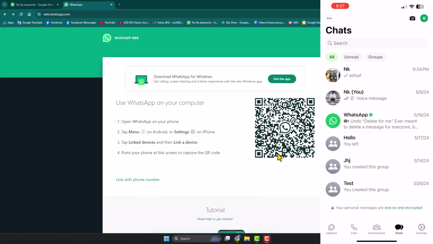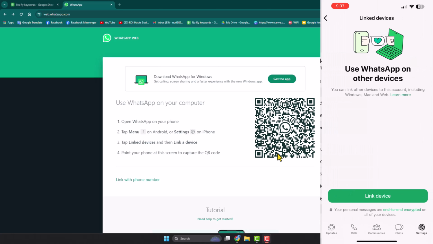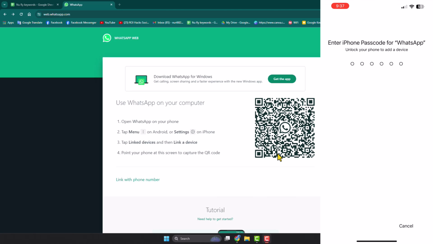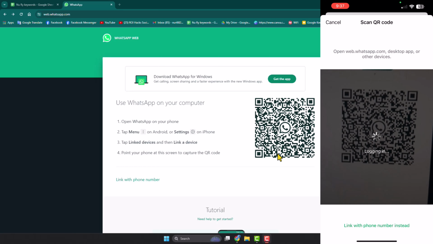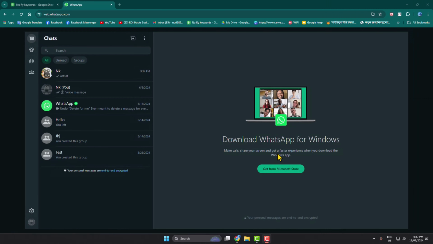Now tap on settings, tap on linked devices, tap on link device. And now tap on OK and scan this QR code from your mobile WhatsApp. And once you successfully scanned, you will be automatically signed into your WhatsApp account from WhatsApp web on your